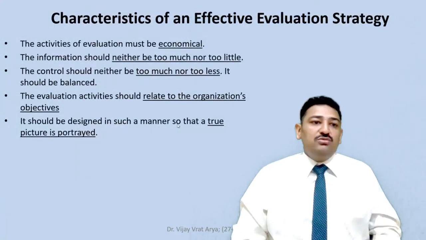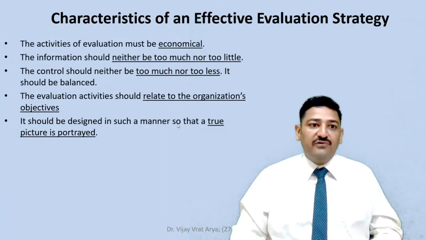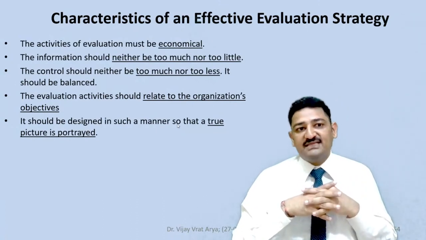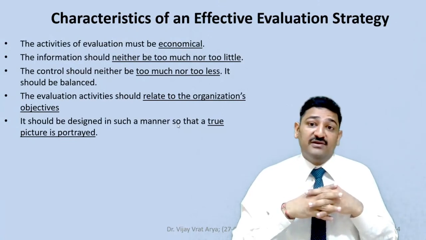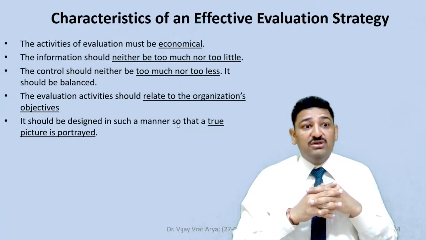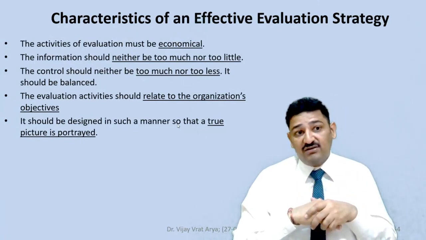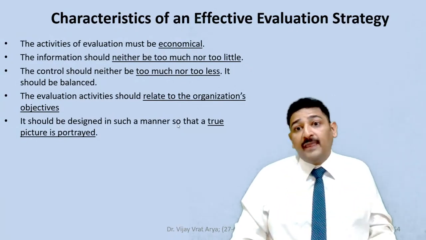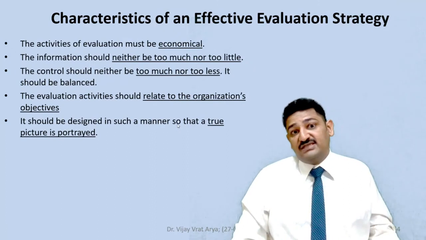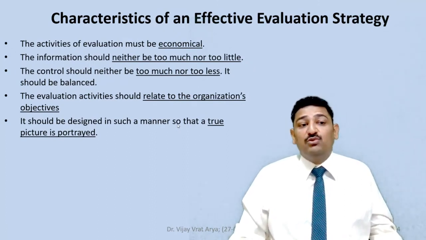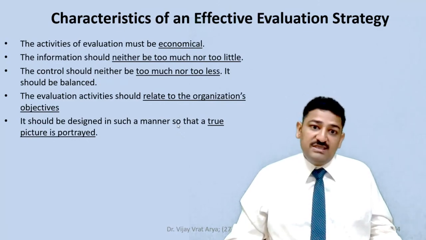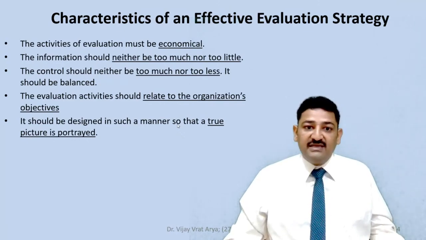So we have reached the end of our discussion of block number 4, that is strategy implementation and control. The question arises: what characteristics of an effective evaluation strategy can one refer to? First, evaluation activities must be economical, from the point of view of control or of an effective evaluation strategy. The second characteristic is the kind of information: it should be neither too much nor too little. Sufficient information should be available, based on which a specific